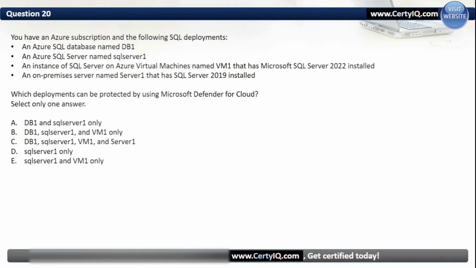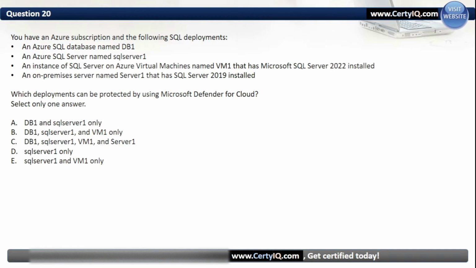Question 20. You have an Azure subscription and the following SQL deployments: an Azure SQL database named DB1, an Azure SQL Server named SQL Server 1, an instance of SQL Server on Azure virtual machines named VM1 that has Microsoft SQL Server 2022 installed, an on-premises server named Server1 that has SQL Server 2019 installed. Which deployments can be protected by using Microsoft Defender for Cloud? Select only one answer. Our options are A. DB1 and SQL Server 1 only,